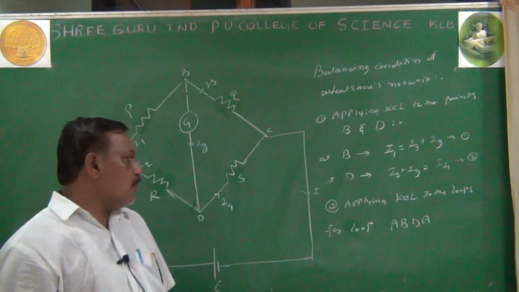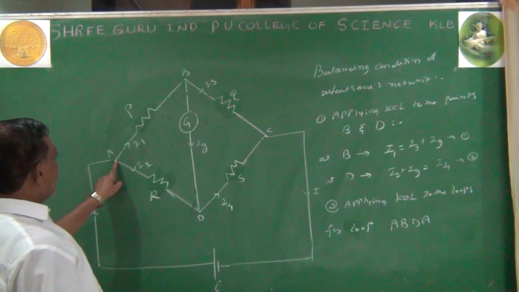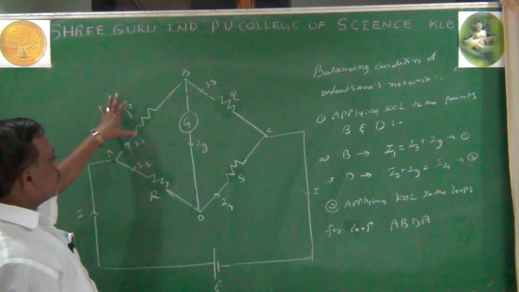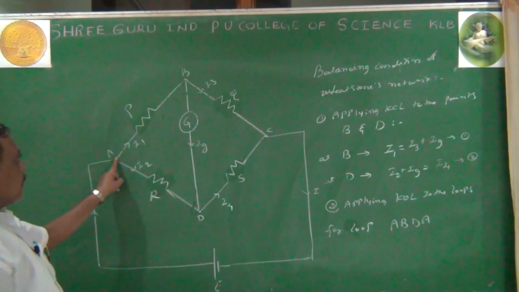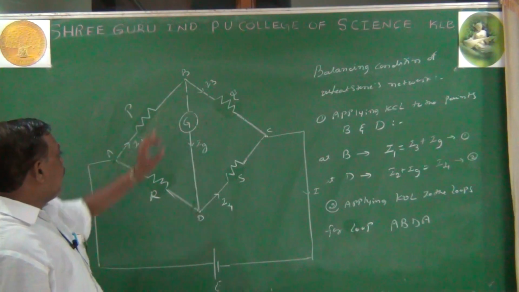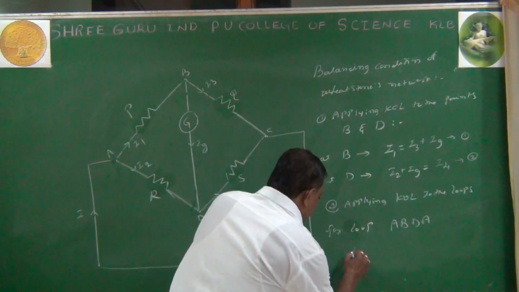First I go for the IR products. According to the sign convention, when tracing the loop, if the current is along with you, then the IR product is taken as positive. I am tracing the path A to B. The current is along with me. Hence, the IR product is positive. I1P is positive.